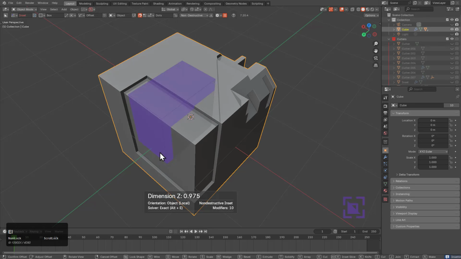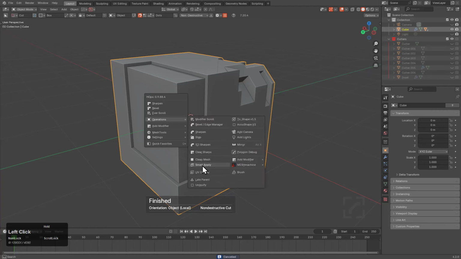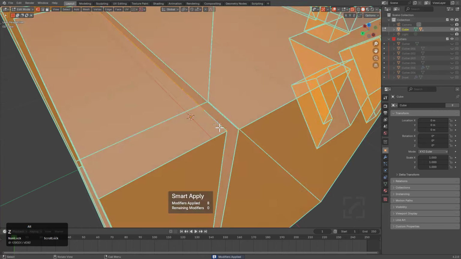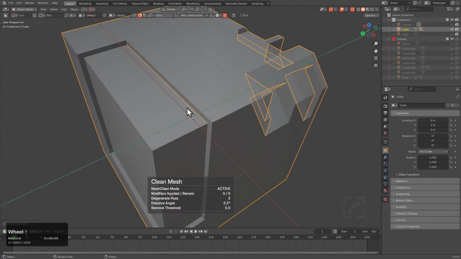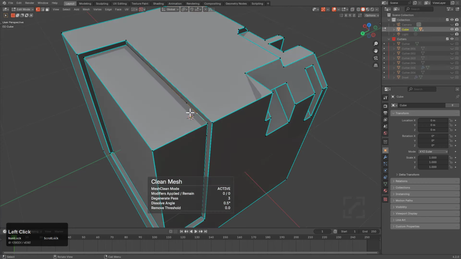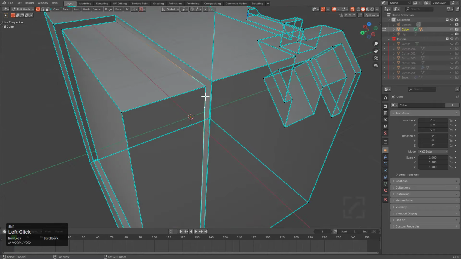So here I'm trying to just create an inset, but this mesh appears to already be falling apart. And so let's go ahead and do a smart apply. And I just want to analyze this mesh, because why is this mesh falling apart? We just made it. We're going to go ahead and hit it with a clean mesh. And it's really treating us like we used exact on this, and we didn't. We just